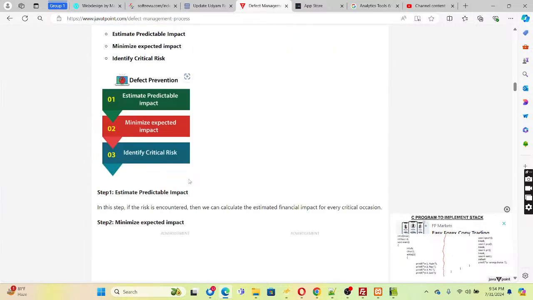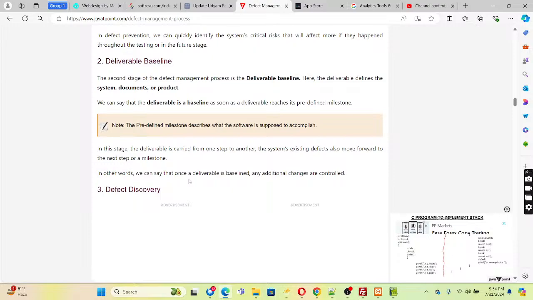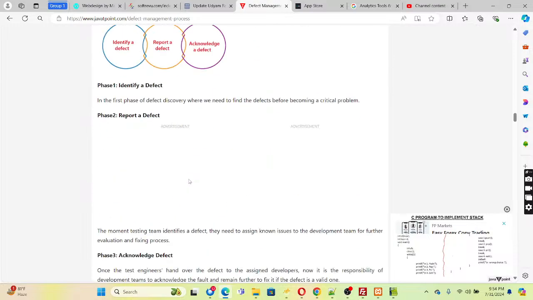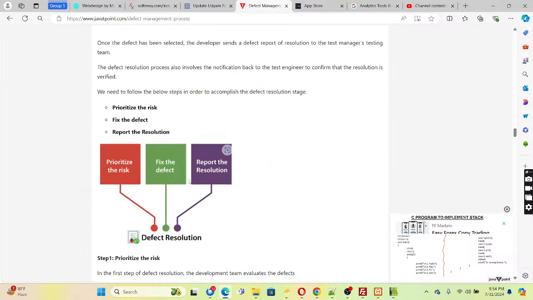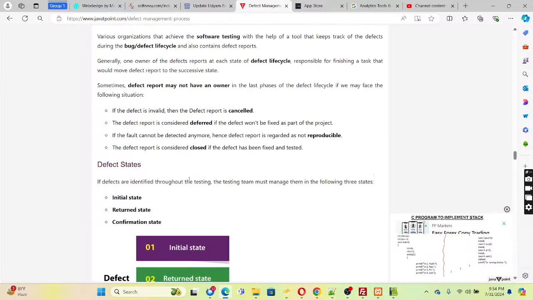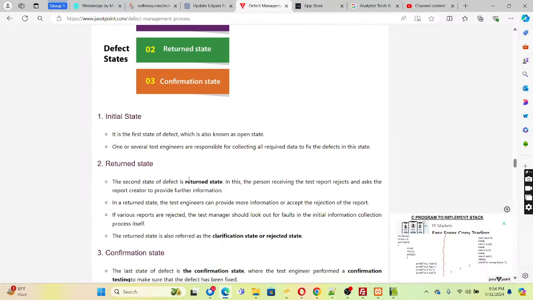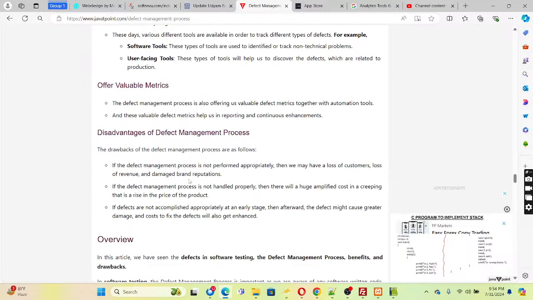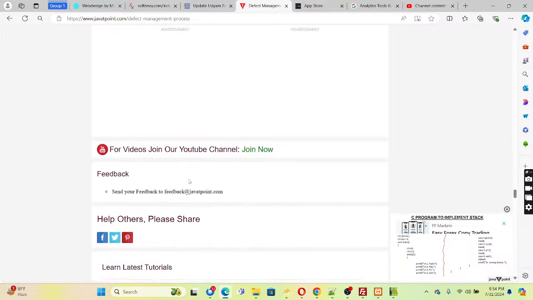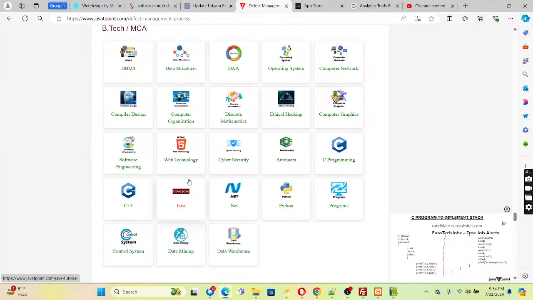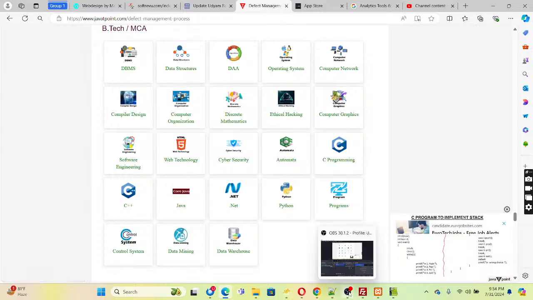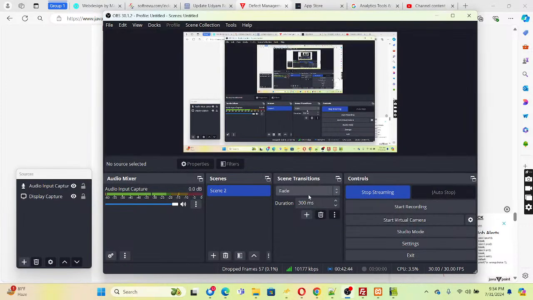Okay, so you go through this one and understand the process. I think I just want to end it here. You come back here and go through this process. Okay, so with this one I want to end this tutorial, and I want to conclude the testing